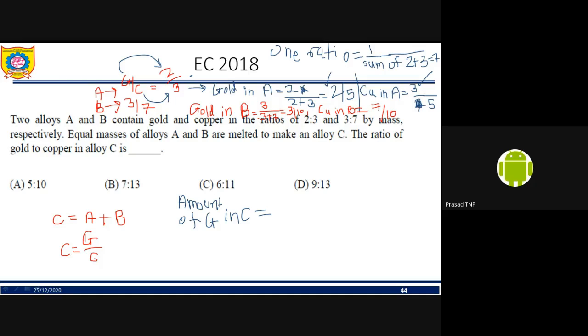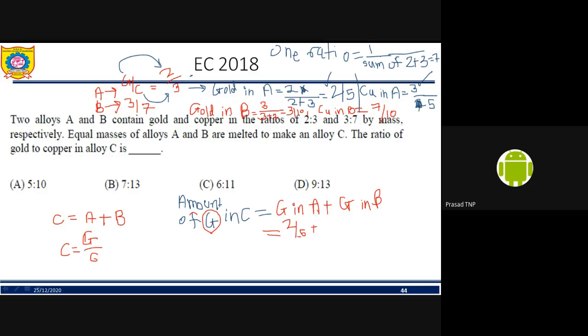Okay, so we got all the four values: gold in A, copper in A, gold in B, and copper in B. Now, at the bottom of the presentation, we have to calculate the amount of gold in alloy C, which is equal to gold in A plus gold in B. Gold in A is how much? 2/5